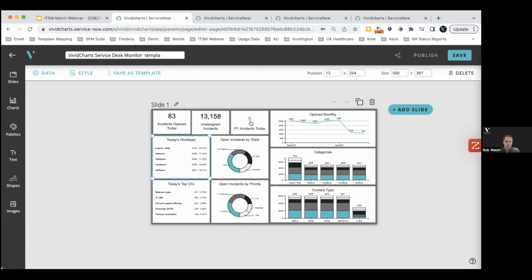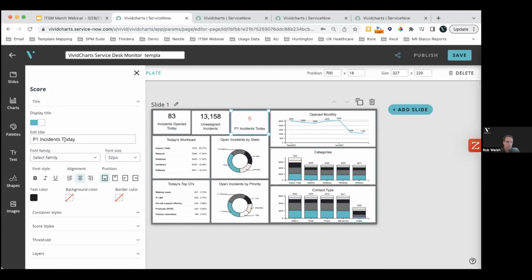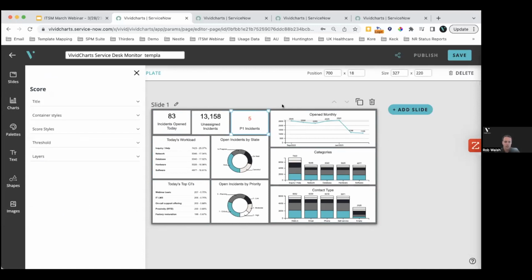You can just see here on this chart, the score is actually colored red. Every single chart in the library is going to have its own set of styles that we can apply, where we can modify what the title itself says or different elements of the chart, like color the score red if it meets a certain criteria. So within the editor,